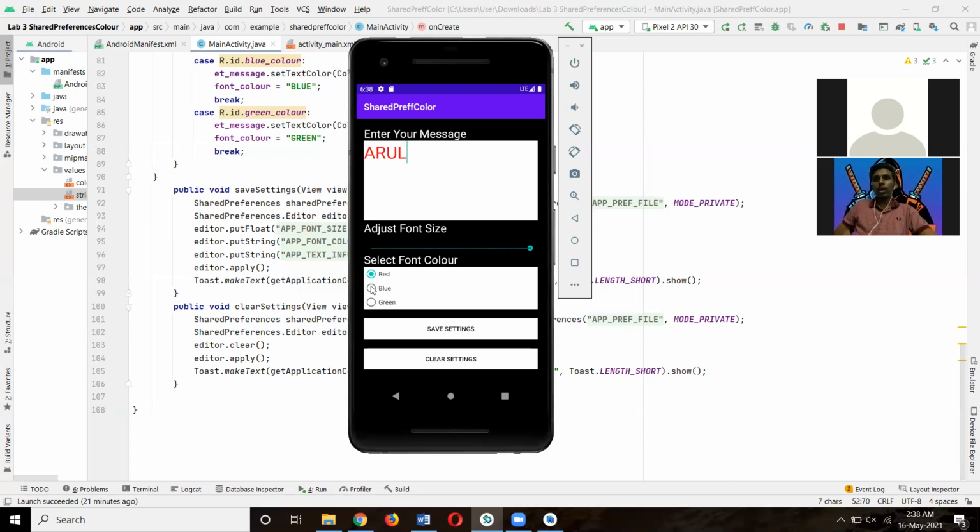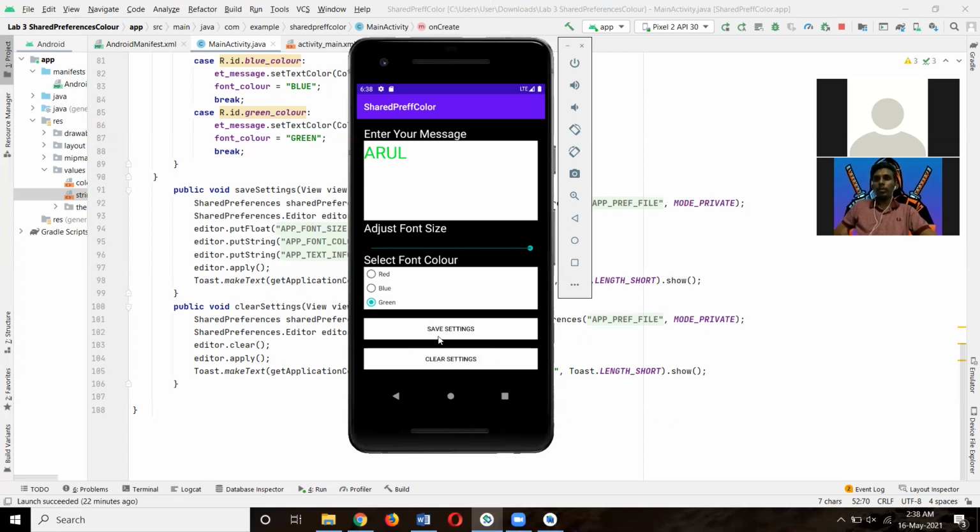Now we're going to try blue. Now I'm going to try the green. These are the three font colors. Now I'm going to click on the Save Settings button here.